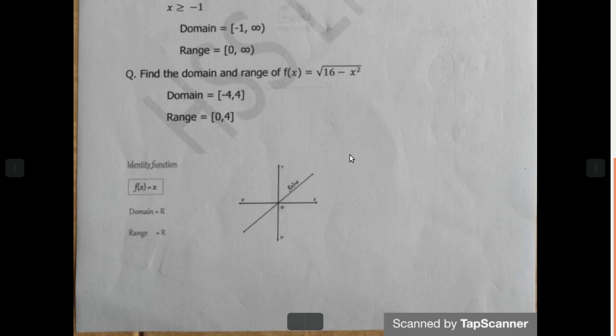To draw this graph, we need the whole y-axis, because when we extend this line here, the corresponding y value will be here. When this graph is extended up to this, its y value is here. So the whole y-axis is needed for drawing this graph. So domain is equal to the set of real numbers. Range is also the set of real numbers. This graph f of x equal to x is called the identity function.